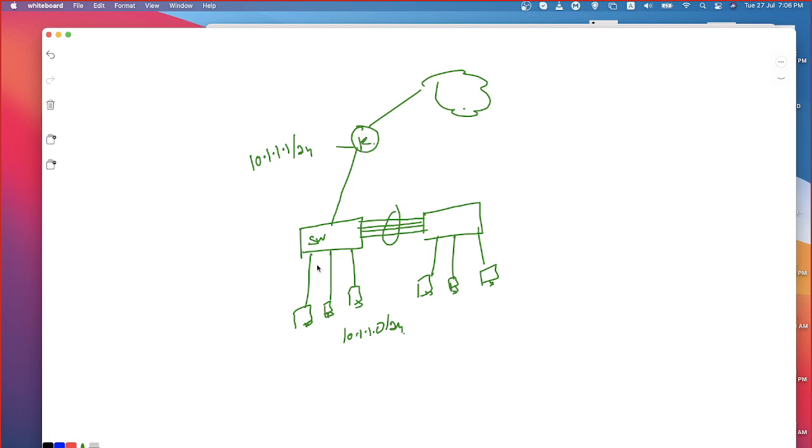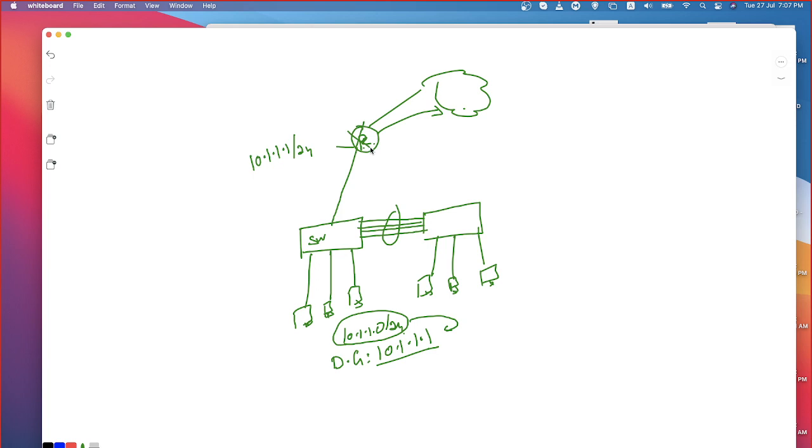How do you configure it? By having a default gateway configured as 10.1.1.1. So what is the meaning of default gateway? If you don't have any route to reach a destination, don't drop the packets there itself. Send it to 10.1.1.1. That is the meaning of it. Who is 10.1.1.1? My router is 10.1.1.1. Once the packet is received, the router can forward it to the external world. Okay, well and good. Now my point is, if something goes wrong with this router, what would happen?